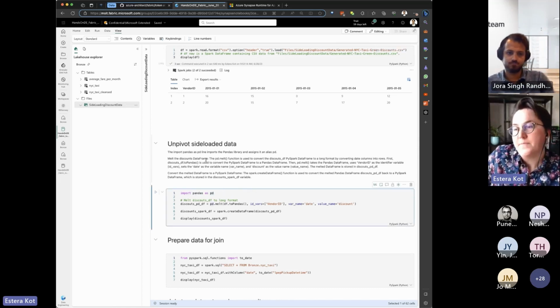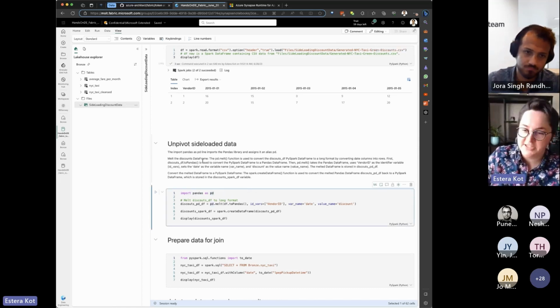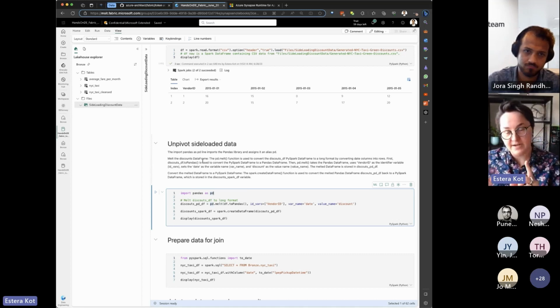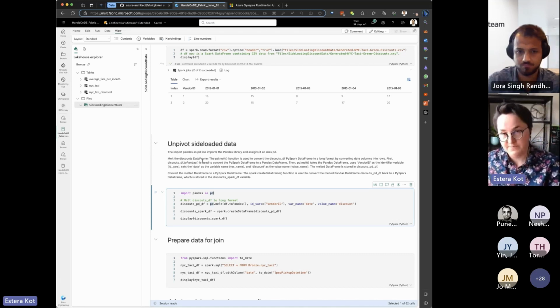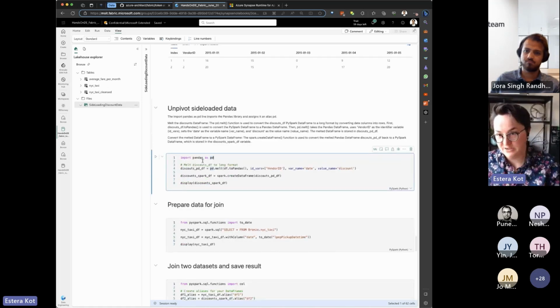Here, just one small thing is that right now we are using the Spark runtime, Spark 3.3. In Spark 3.3, there is no pivot and unpivot command. That's why I found this code as a workaround, using pandas and some transformations, but that's not the point. The point is that with Spark 3.4, which we committed will ship into Fabric within a couple of months, there is an unpivot. That's why I will refactor this code, and in the end it will be just one line of code.